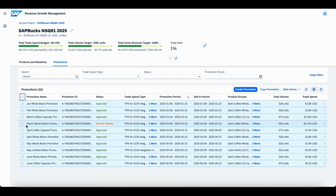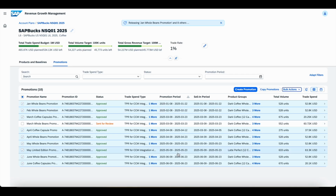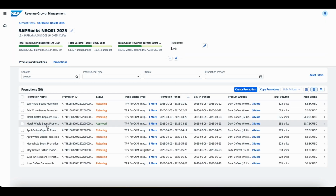While this gets approved, I'm gonna send the remainder of the promotions for release. So I'm gonna select all the promotions I wanna send for release, and I'm gonna click release here. Releasing the promotions means that we're gonna go ahead and automatically create a condition contract in S4. So these promotions have now been released,